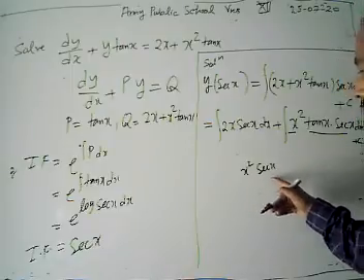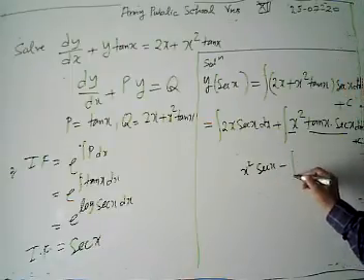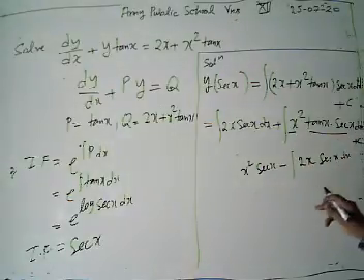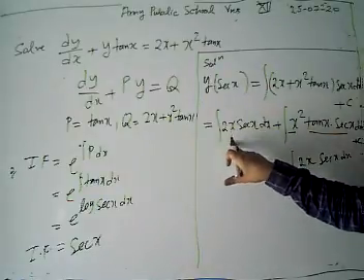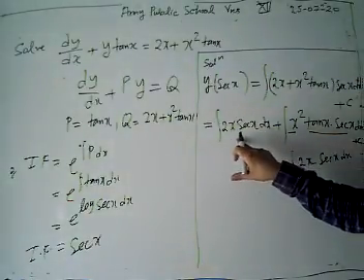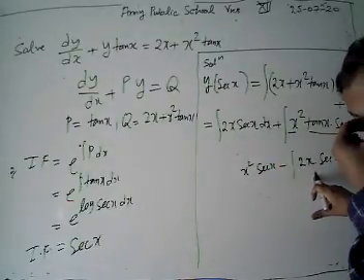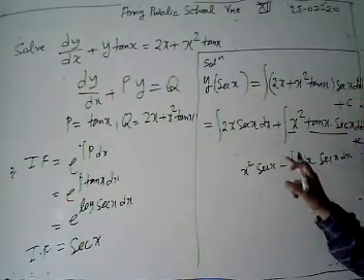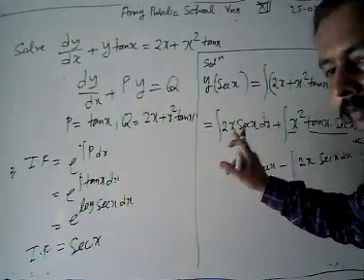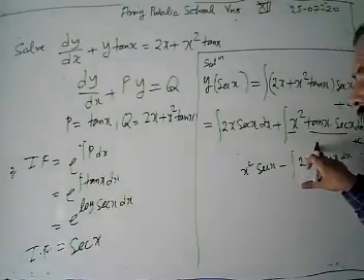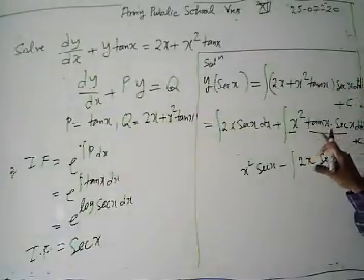We get sec x, and then minus the integration of the derivative of x square, 2x, and its integration is sec x. Then look, we get this integration again, the integration of 2x sec x dx. This is positive, this is negative, and both cancel each other. That's why we are not going to apply integration by parts here, because these terms are going to be cancelled out when we apply integration by parts in this integral.